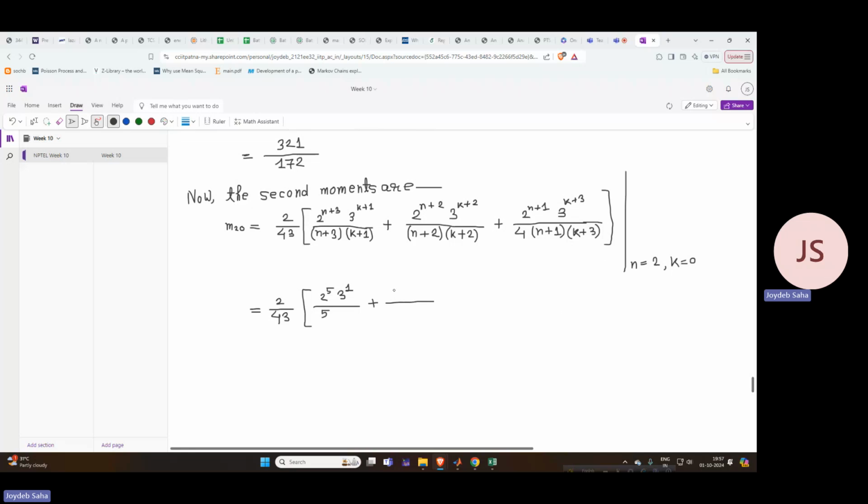Okay, 2 to the power 4, 3 to the power 2 upon 4 cross 2,